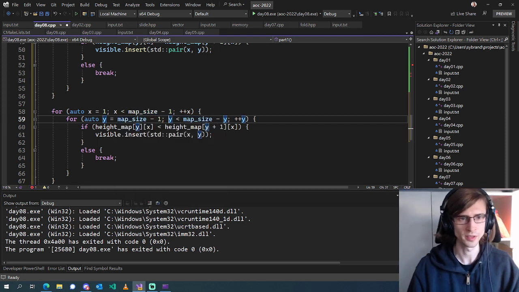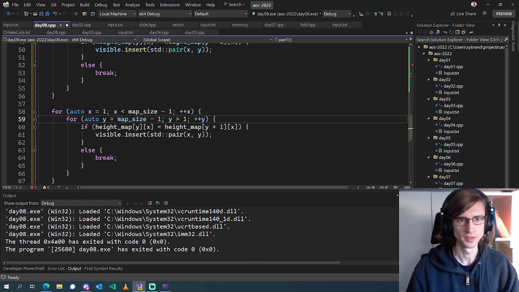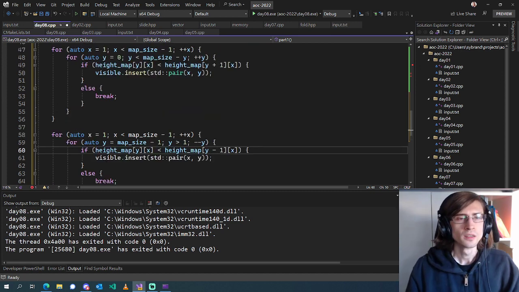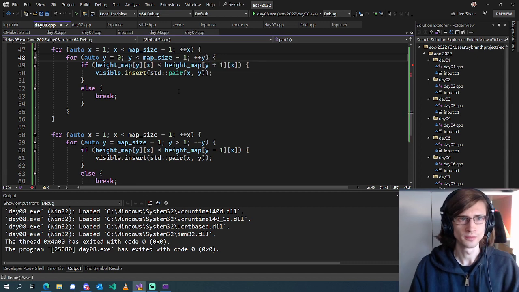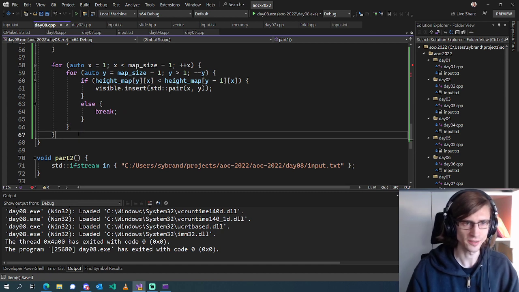Starting at map size -1, greater than 1, minus y, -1, -1. Alright, I have no idea if this is even vaguely correct, but